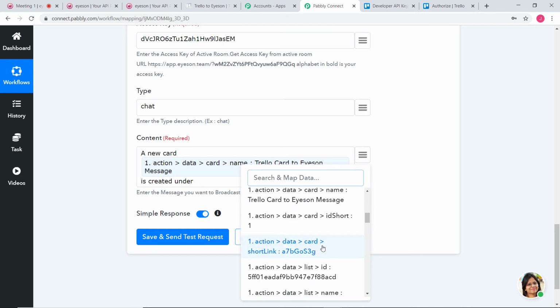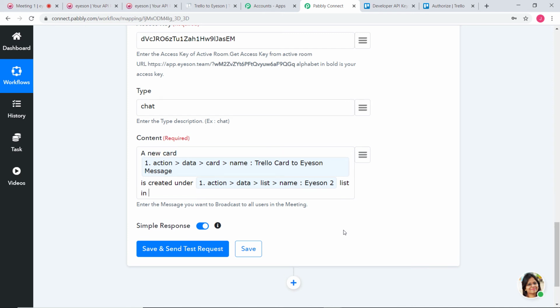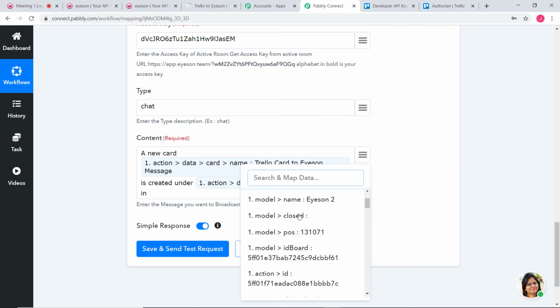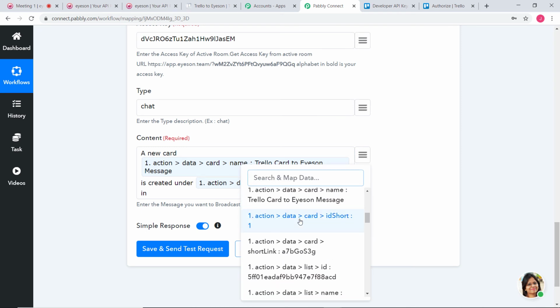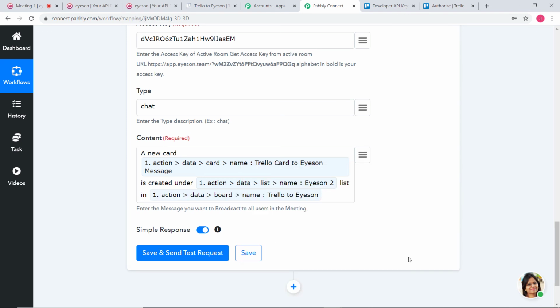I'll just map it. List in, I'll map the board name. Board. Okay, so we have a message over here. A new card, that is this, is created under ISIN 2 list in board name is here.